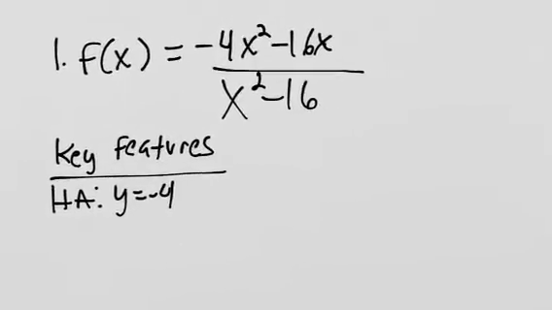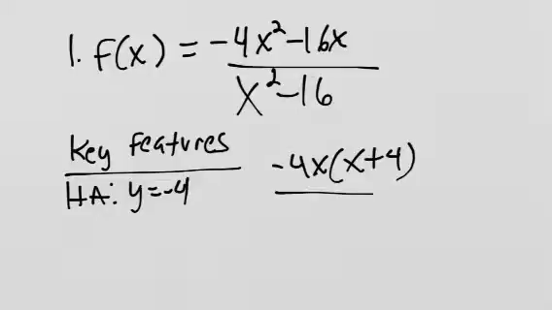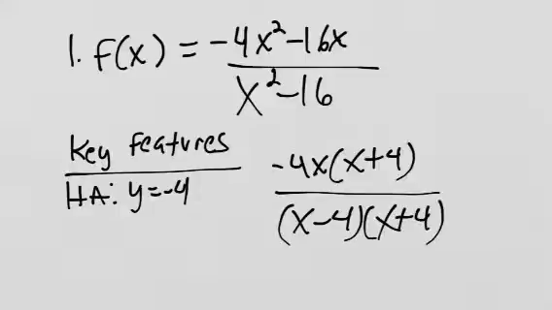Okay, so let's factor. On top we have a -4, and that also goes into -16, and they both have an x. So we can factor out a -4x times x plus 4. On bottom we have a difference of squares that factors as x minus 4 times x plus 4. Next thing we do is we look for any common factors on top and on bottom. Looks like there's an x plus 4 on top and an x plus 4 on bottom, which tells us that we're going to have a hole